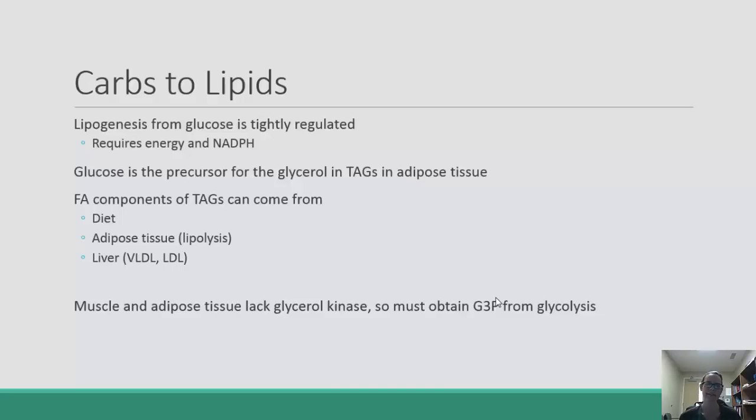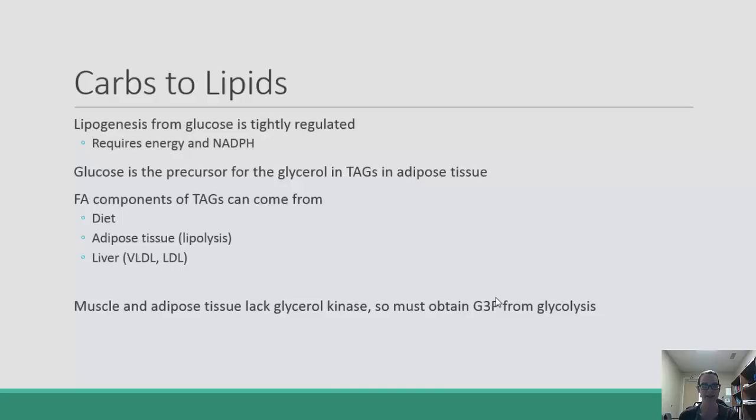Now, one easy thing that you can remember when we're talking about the interconversion of carbs and lipids is that it's a pretty easy interconversion from glucose to glycerol. Remember, triglyceride is made of the glycerol and the fatty acid, but it's the glycerol portion of it that glucose is able to be interconverted with pretty easily. So if we can produce glycerol from glucose, where are we going to get our fatty acids? Well, the fatty acids from